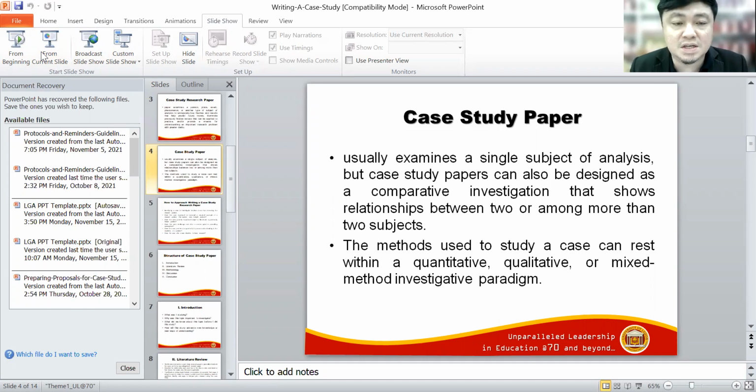Earlier on, we discussed the first two parts of the case study research paper, particularly the introduction and the literature review. Today, I will talk about methodology and the discussion of the case. So let me start my discussion